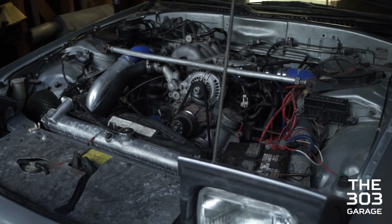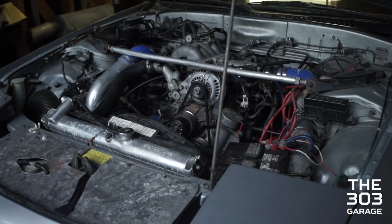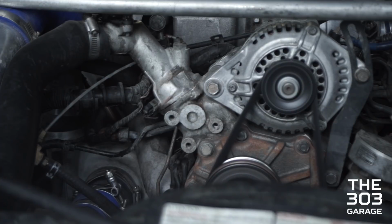Trying to idle right there. Like me not on the throttle or anything. Ready? Sort of sounds like it. Yeah, I think the engine's...